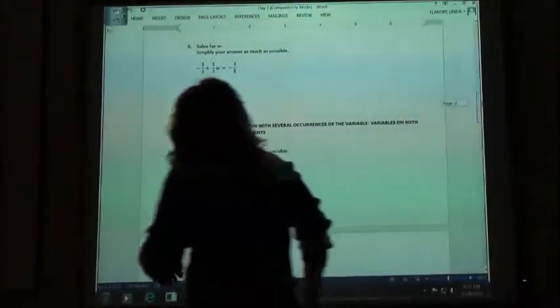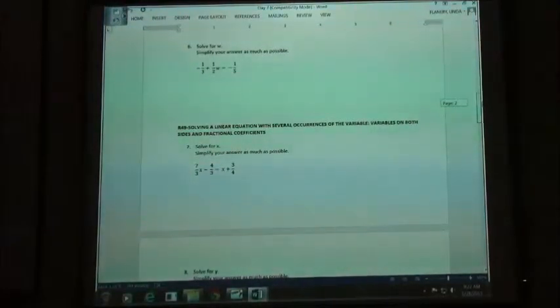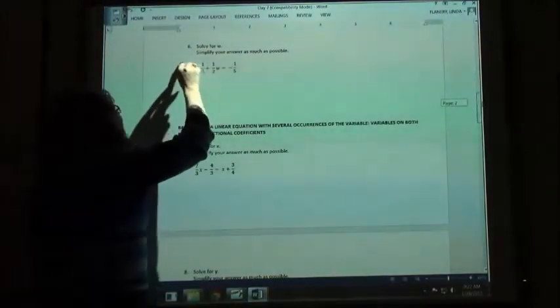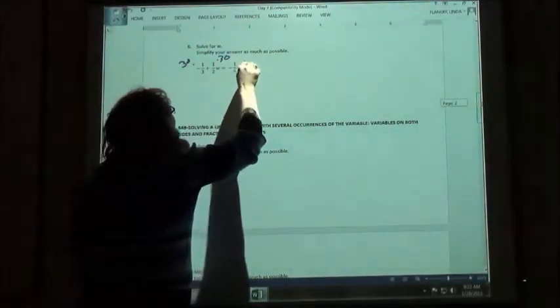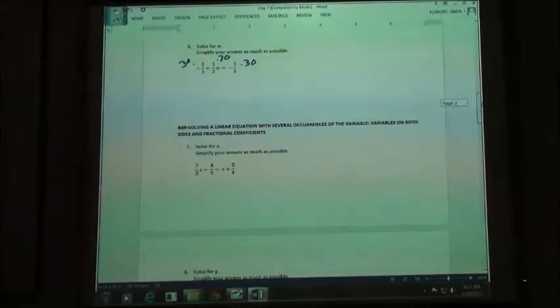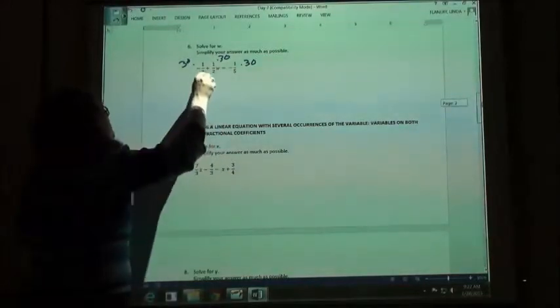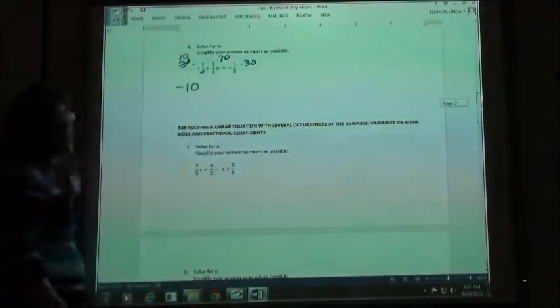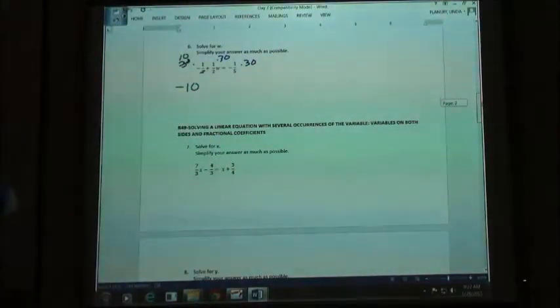Number 6. We have -1/3 plus 1/2 w equals -1/5. So if we multiply by our common denominator, we'd be multiplying by 30 again, right? So if you take 30 times that -1/3, you're going to get 3 goes into 30 10 times, and 10 times negative 1 means I'm going to get negative 10, right? Plus half, 1/2 W times 30 would give you